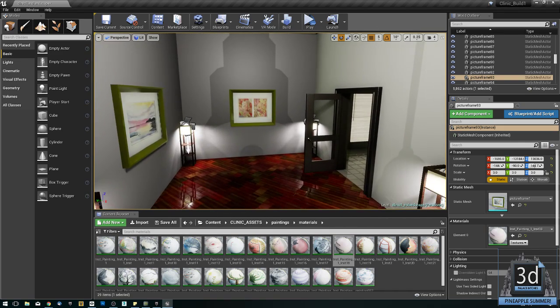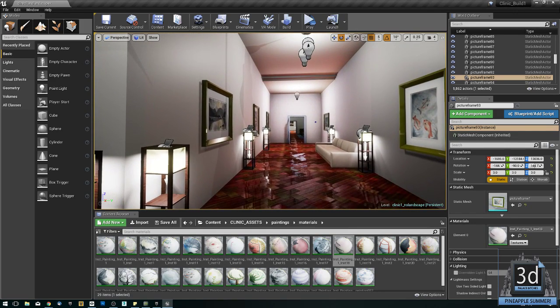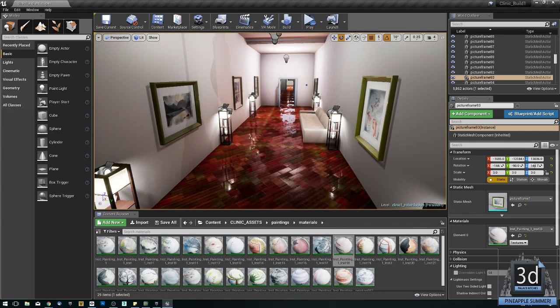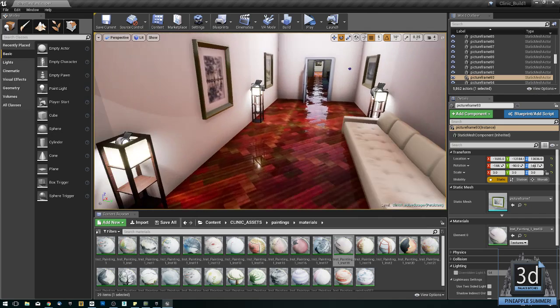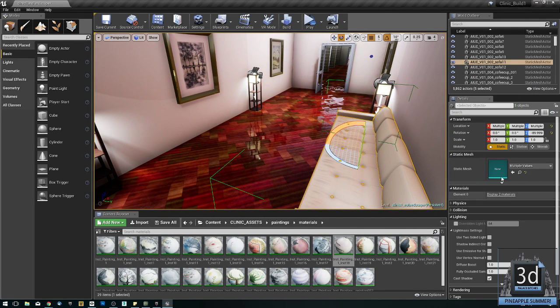But having all these paintings is great because they're restful, they're relaxing. And as you can see, it's just added something to this really easily without having to do anything. And what I can do here as well is, let me see, if I go to where I've got the couches from, so I'm just going to go, let's say,